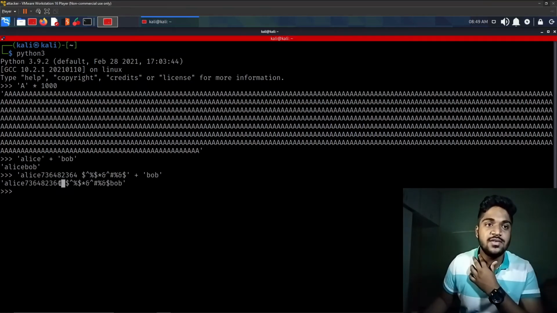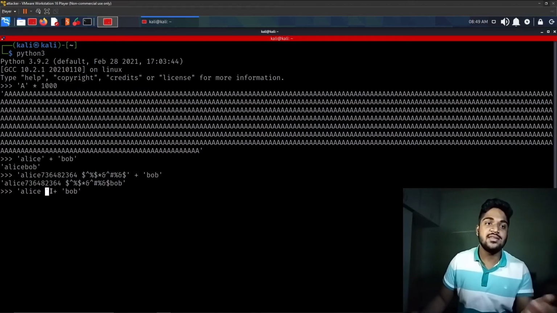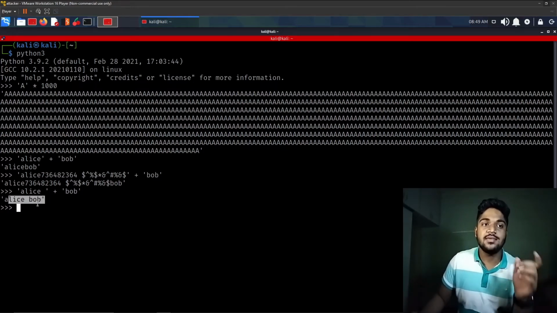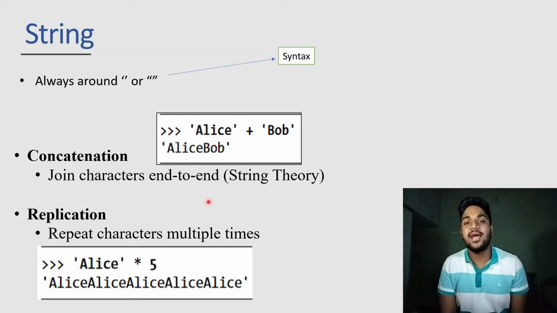Here we can see space is also included. Let's say I want to print Alice Bob with a space between, so I can use Alice with a single space, and once I run it, it will use that space as a symbol. So it will print out Alice space and Bob. So this was your replication and concatenation.